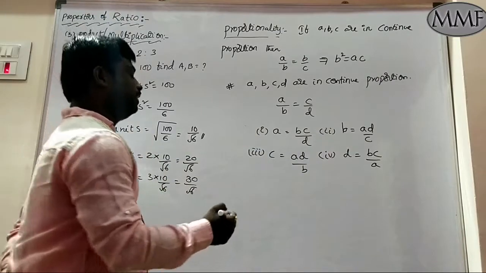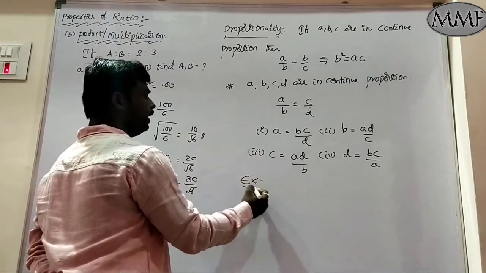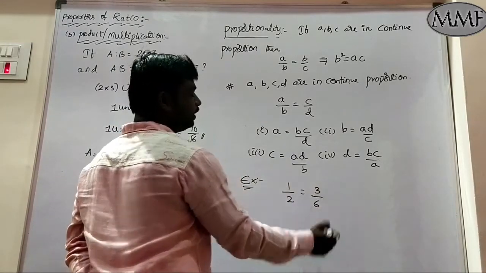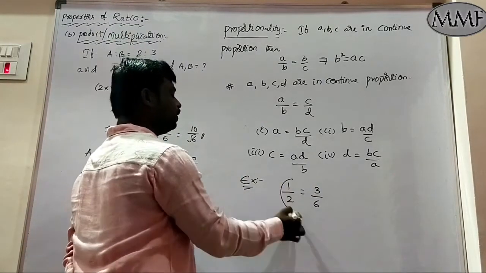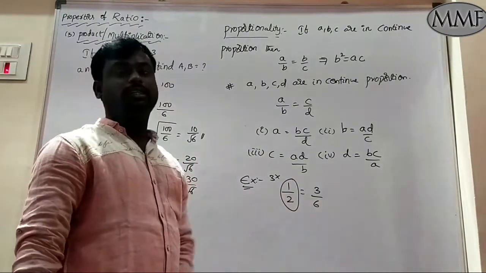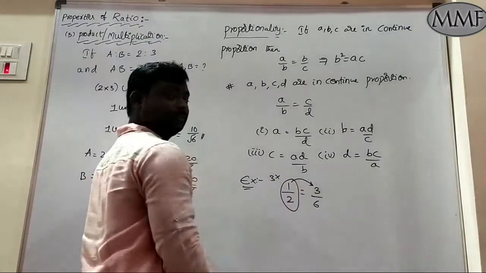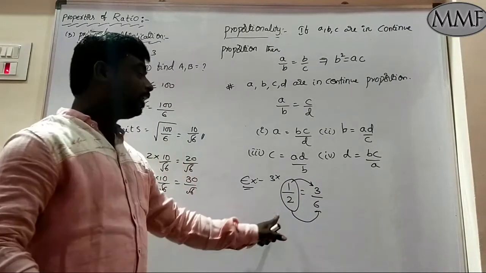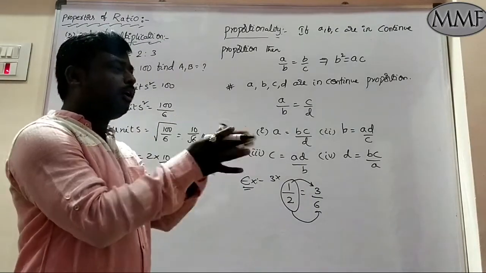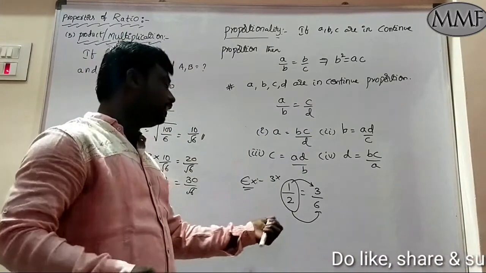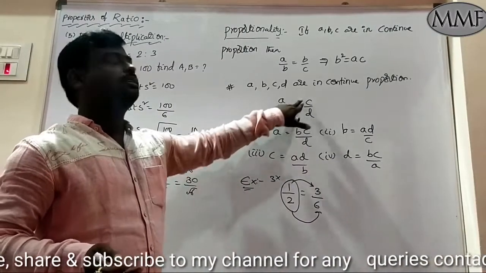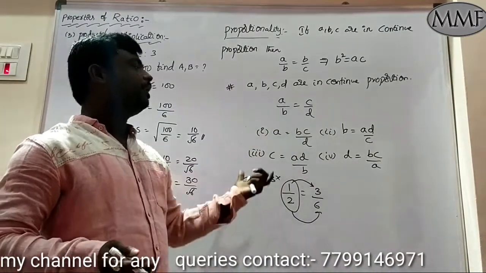I will give you one real-time example. Please listen here. For example, listen. 1 by 2 is equal to 3 by 6. Isn't it or not? If you multiply this with 3, what will you get? 3 ones are 3, 3 twos are 6. Isn't it or not? But 1 is not 3, but 2 is not 6. But the ratios are same. That is the system of proportionality. Means they are not the real numbers. They disguise the original numbers in terms of ratios like this. So that's why we are writing A by B is equal to C by D. So this is a definition of a proportionality.